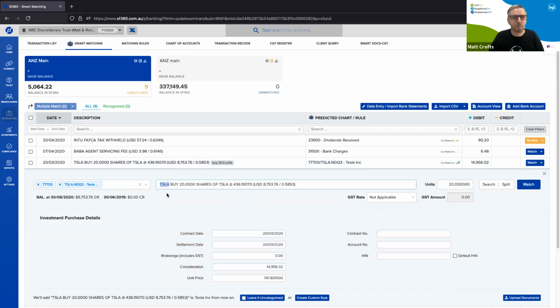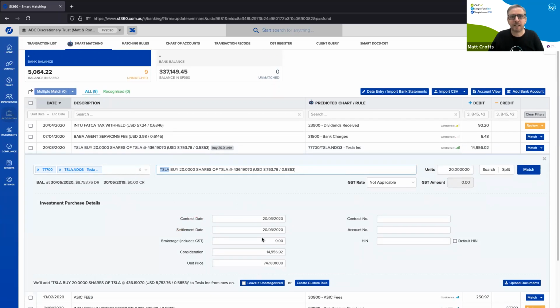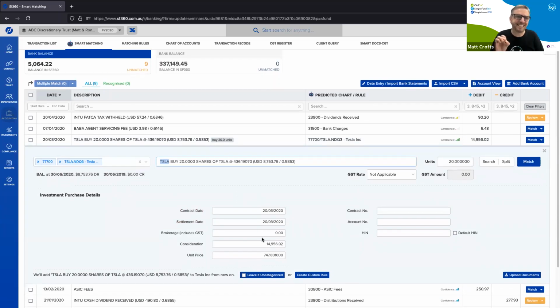A lot of you millennials are buying Tesla shares because you think it's going to save the world. This is not advice, but it will automatically populate from the narration only, the dates, the considerations. It'll set up the investment code automatically. So that's where machine learning just takes away all these little niggly steps.